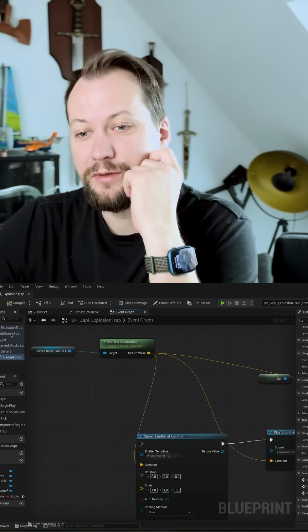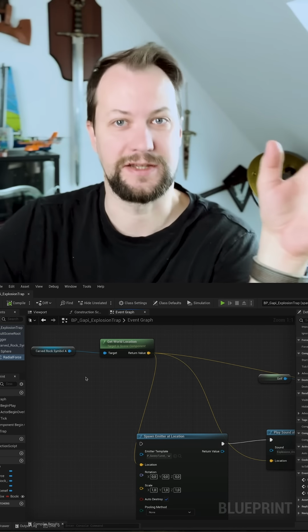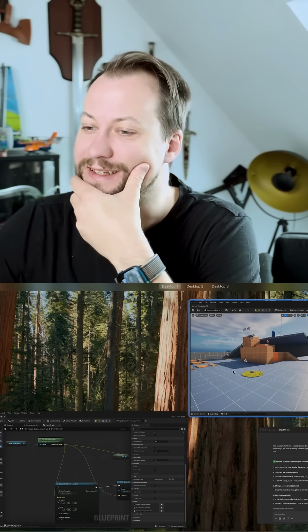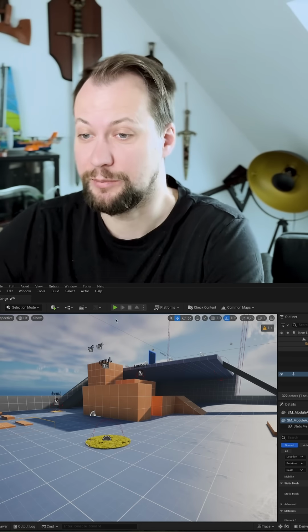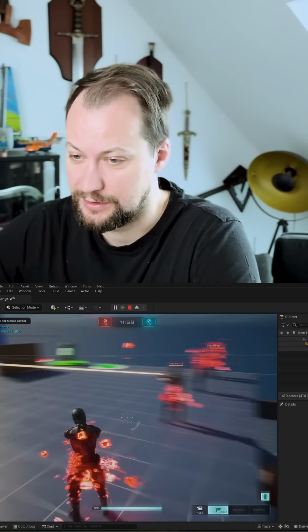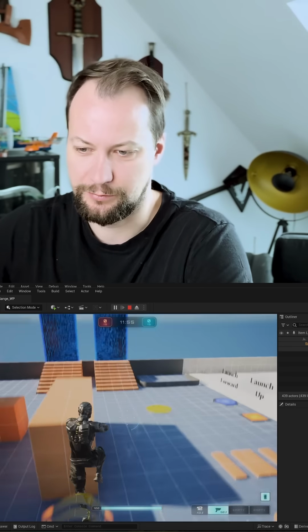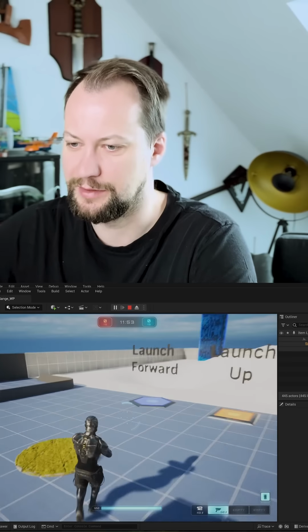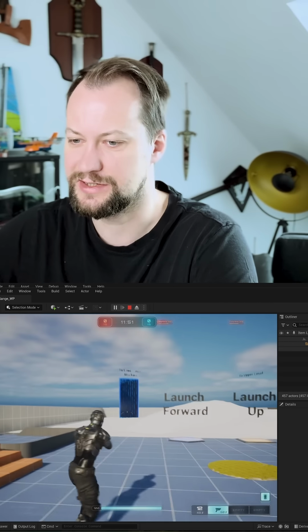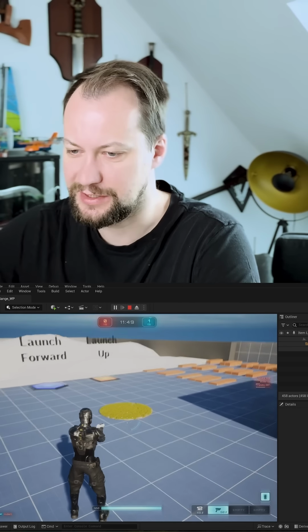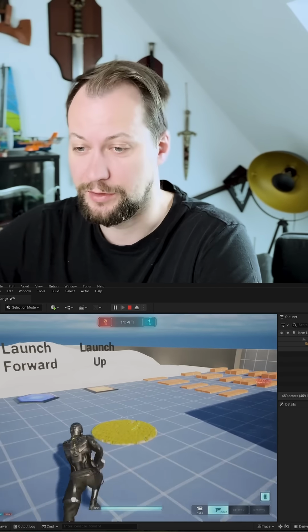The thing is though, it compiles and saves and everything is nice and shiny. When I try to play it, it doesn't really work, right? So I put it in here. This is my trap. Oh, run quickly. So you've got your pre-made stuff: the bouncies and everything is here, the teleports in the background. And this one here is supposed to be my trap. Only when I walk on it,